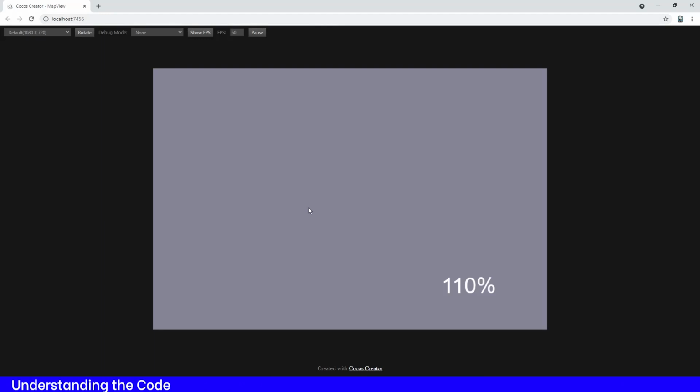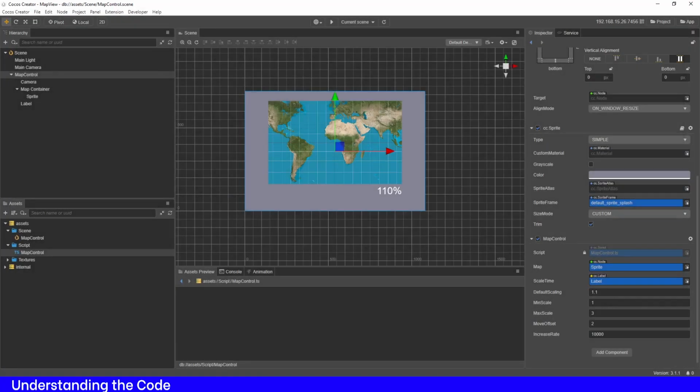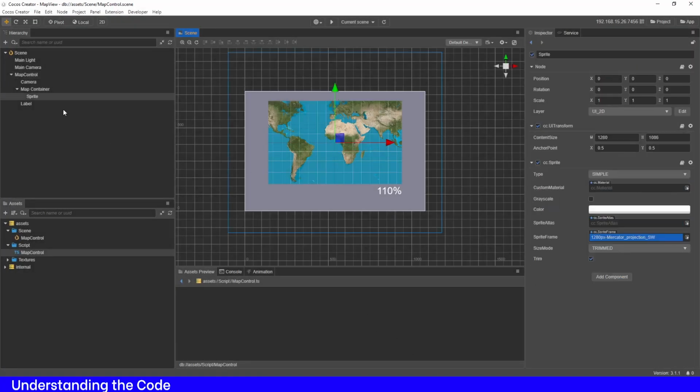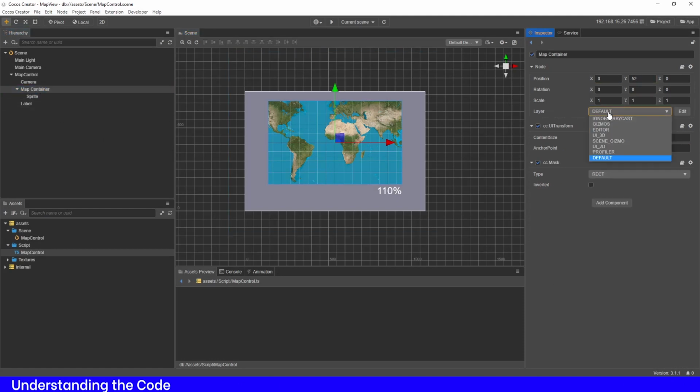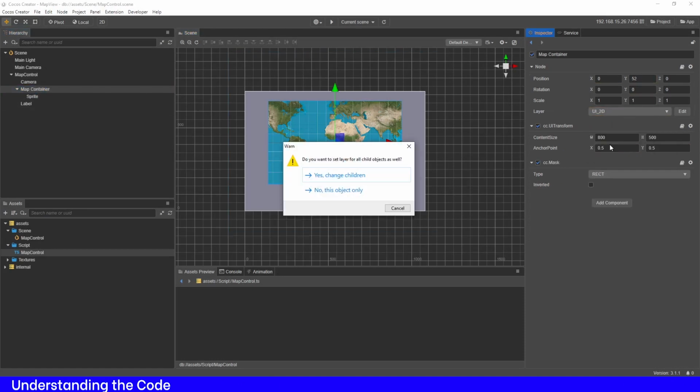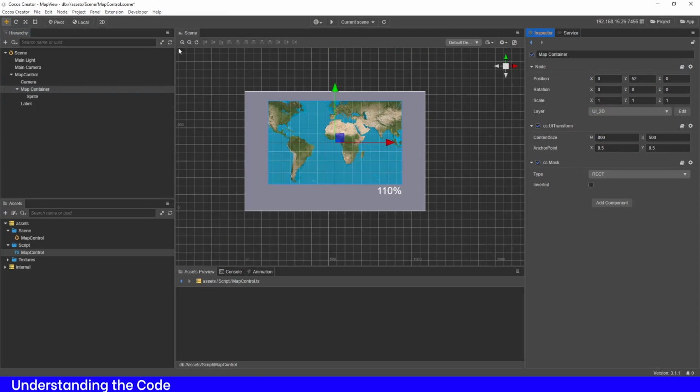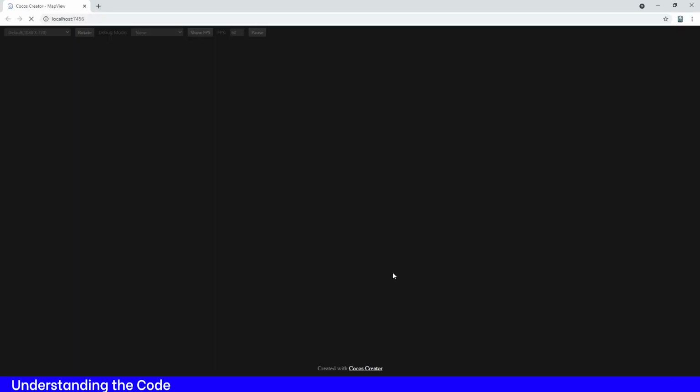It doesn't run. Here's the problem I totally forgot about. What I forgot to do is change the sprite. It's in the UI, but the map container is in a default. So I need to change this back to a UI too. And it's asked me if all the children want to be that. Yes, they do. And now if we try it again,